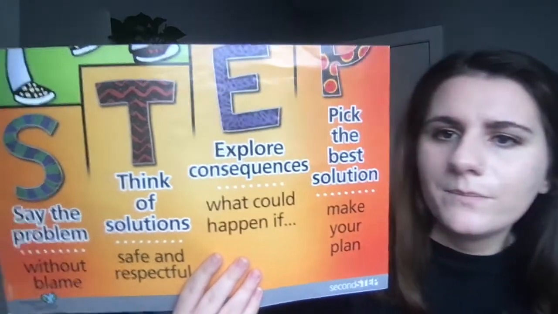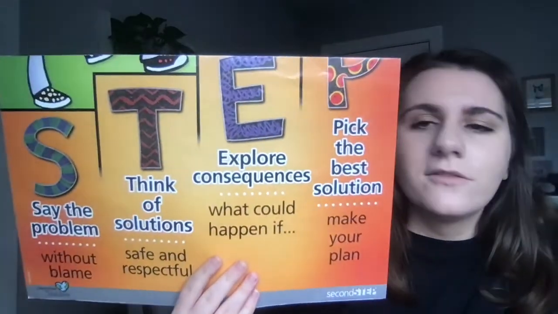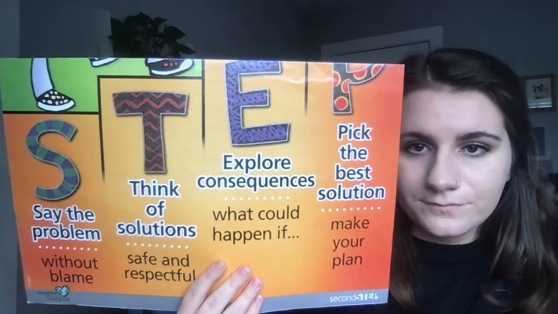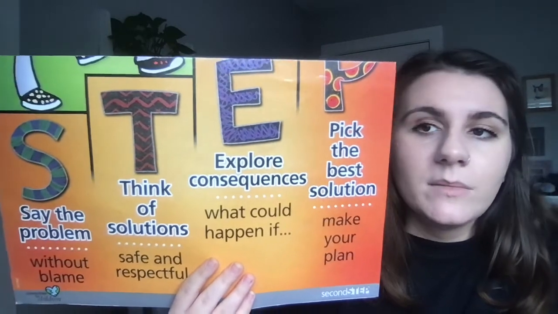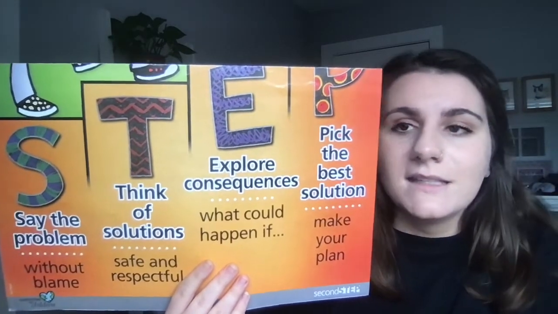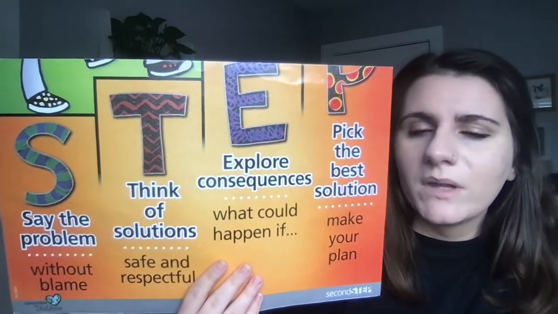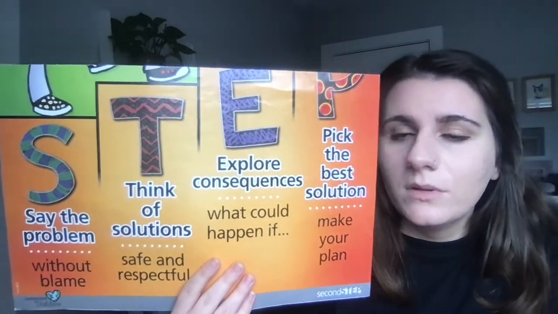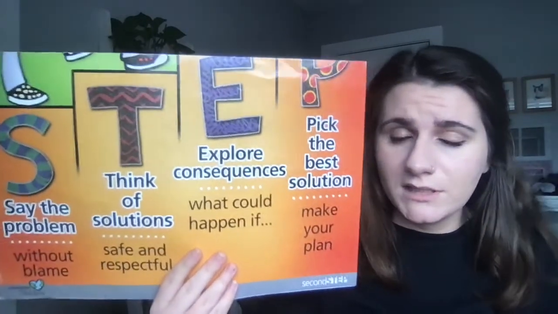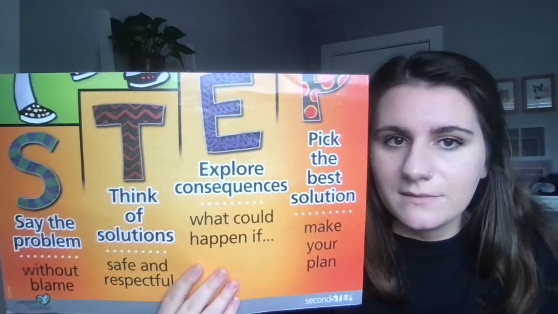Next, T. Think of solutions. Think of a good way to agree on a fair and fun game rule. Maybe they let each person take a minute to give an idea, they listen to each other, and then they vote to decide on the rules. What about E? Explore consequences. Well, a consequence of giving them time to share an idea is deciding who gets to go first to share the idea. Or maybe they don't have enough time to do this process.